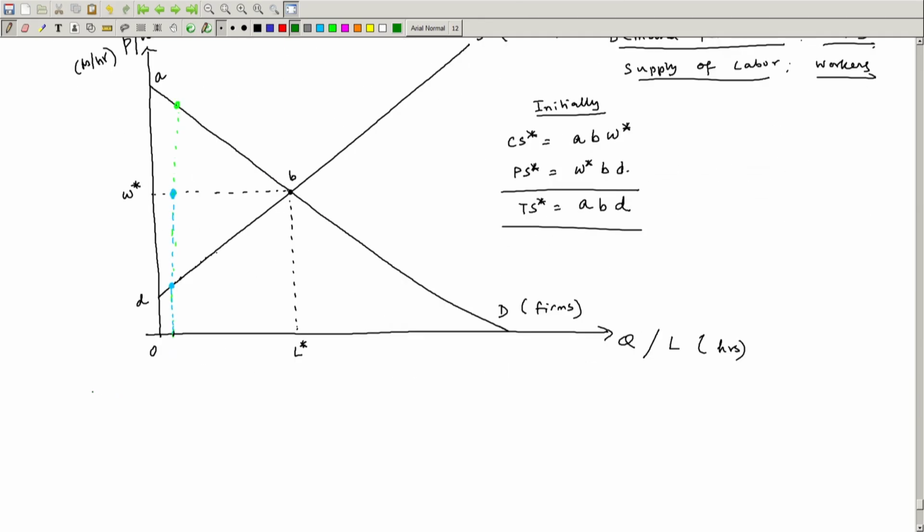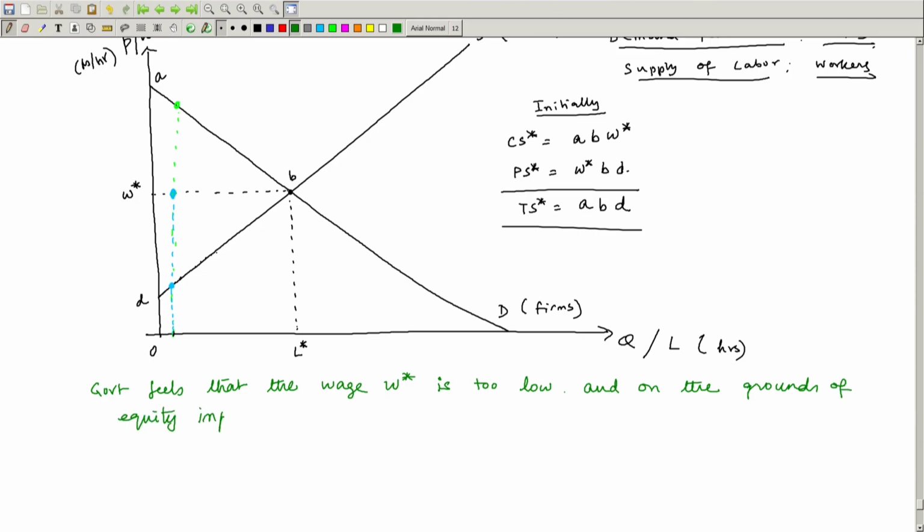Now, government or the regulator. So, government feels that the wage W star is too low, right. So, the government feels that the wage W star is too low, and on the grounds of fairness or equity, imposes a floor at W bar, right. Think of this as the minimum wage,